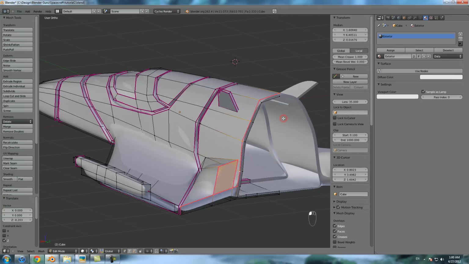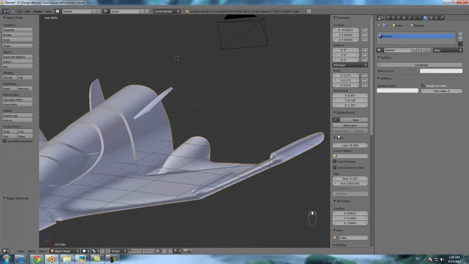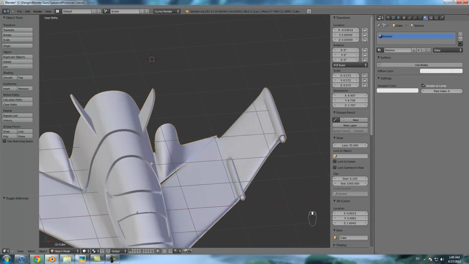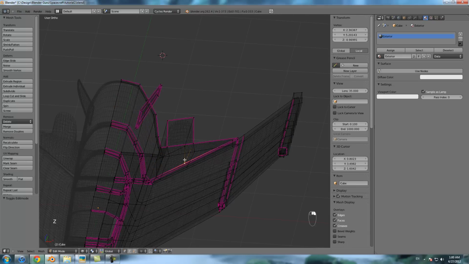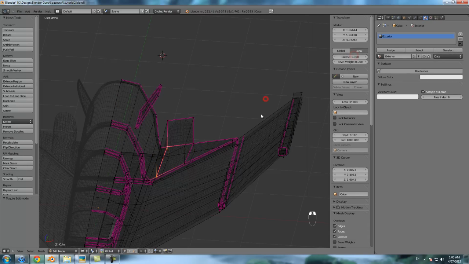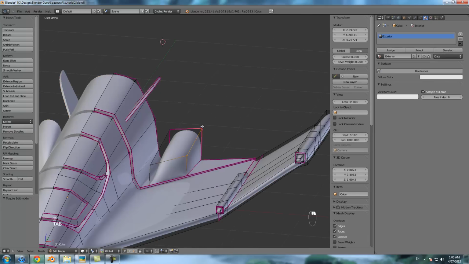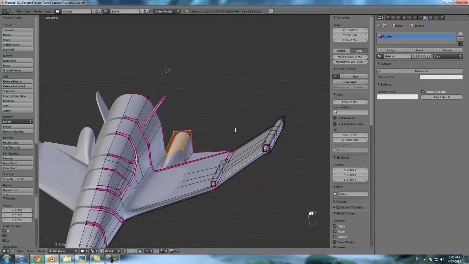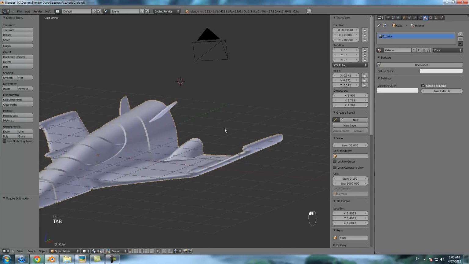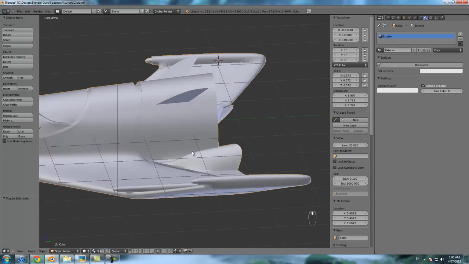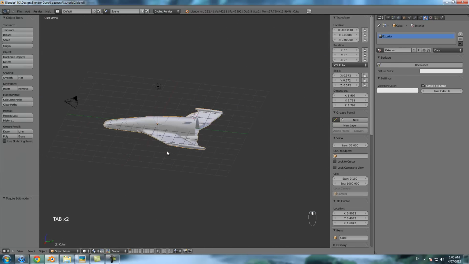Then let's set that mean crease all the way to 1, and you can see you've now got a nice looking sort of engine bay. And if you want to make it even tidier around the edges, you can just turn up that mean crease there, that one right there, and then scale this inwards as well if you wanted to. You could scale it along the x-axis, then move that down. And I think that just about